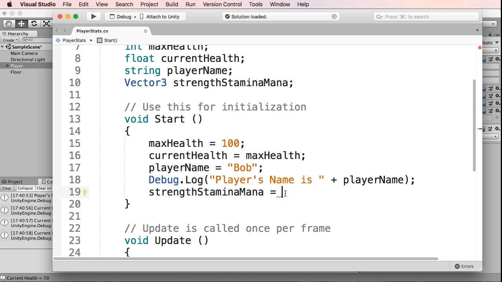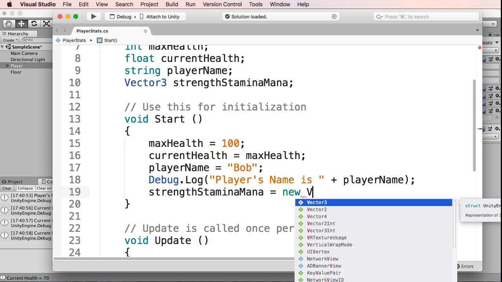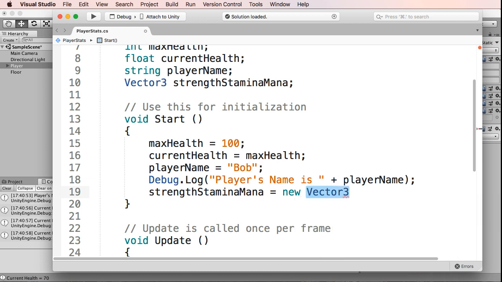So what we're going to do is say it's a new Vector3, right? And then the new Vector3 has its three numbers inside a set of parentheses with a semicolon at the end. So for right now, strength, stamina, mana, let's say that our character's strength at the beginning of the game has a value of 10. And then we're going to put in a comma. Stamina, we may as well give that a 10 also. 10. And then mana,